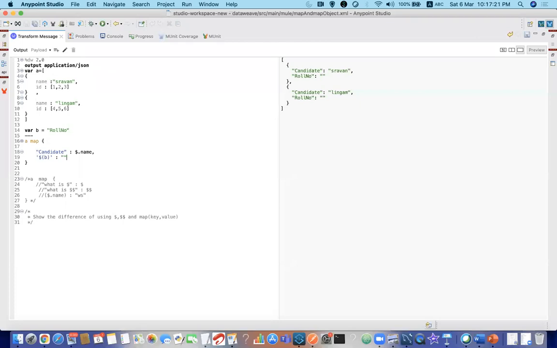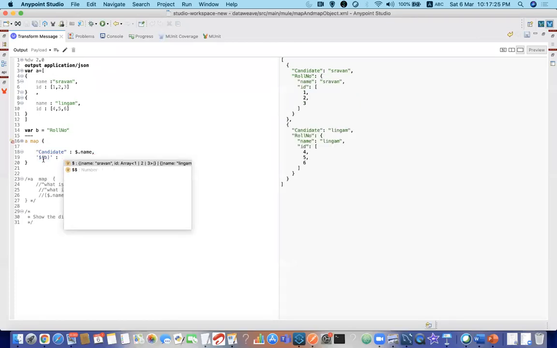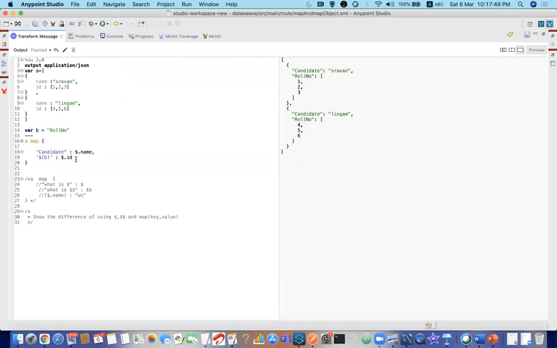Now what I wanted to do is dollar dot. Here I am not defining dollar dot because that will go like fetching values. I am giving small braces of B that will pick the values whatever is defined over here. If you have some var dot something or payload, whatever it is, you can just define it in a local variable and then use it over here. Now what I wanted to do is dollar dot ID. Now I have IDs over here.